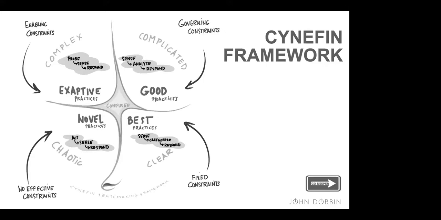So what this framework does is it says that there's fundamentally two different types of systems. There's an ordered system and there's an unordered system. An ordered system means that it's predictable, that its parts are put together. Those ordered systems are broken down into two parts. We've got the clear domain, which is the bottom right, and the complicated domain. So we can have very clear or obvious or simple ordered systems.